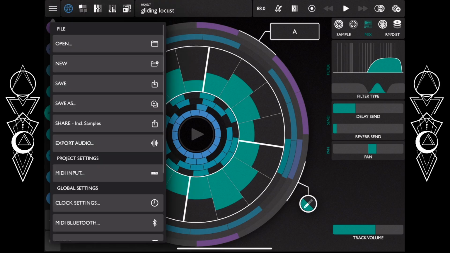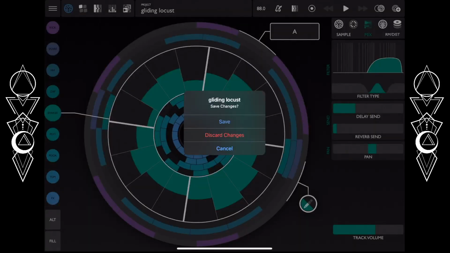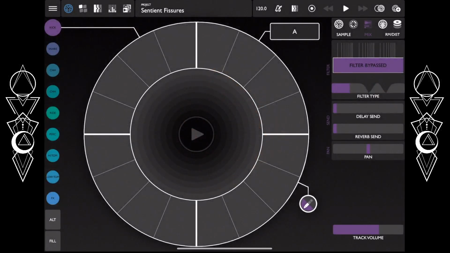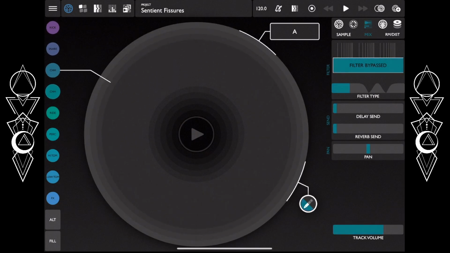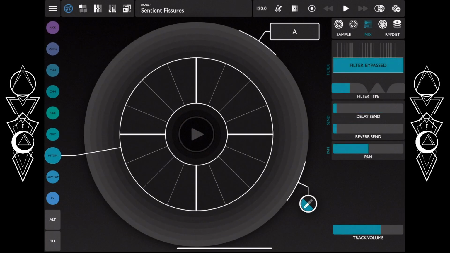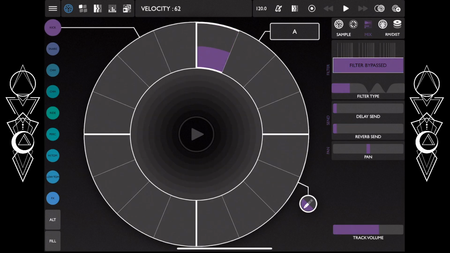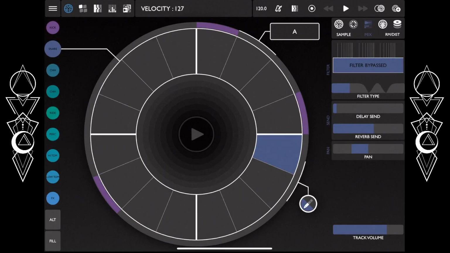Let's go ahead and open up a new thing, and this is going to give you a glance of what all these features do. I think there's a little bit too many to talk about in order to explain everything, but basically we have 8 different samples that all have their own drum pattern rhythms or rhythm circles, right? So I want a kick on the 1. We can change the velocity here. Let's say we want something like that. Then we can grab a snare, put that on the 2s. And now we've got